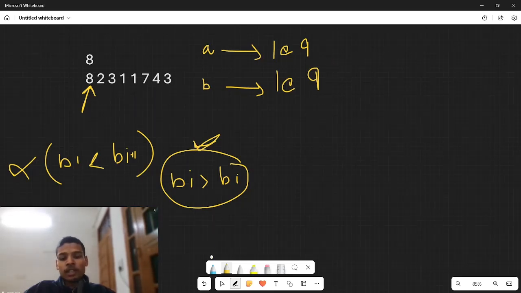Let's suppose, greedily, I add it in B. Okay, this number is added. Now the next number comes, 2. Okay. So 2, you can see,